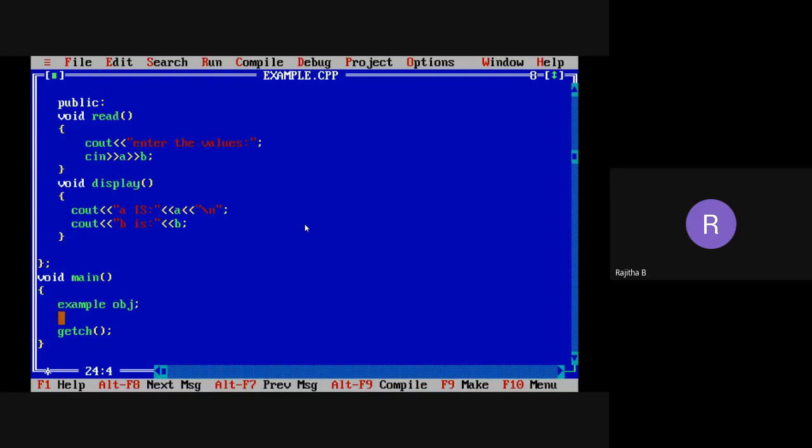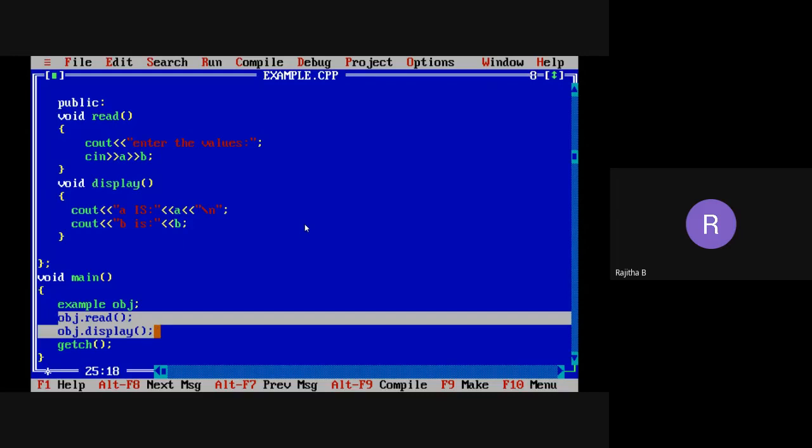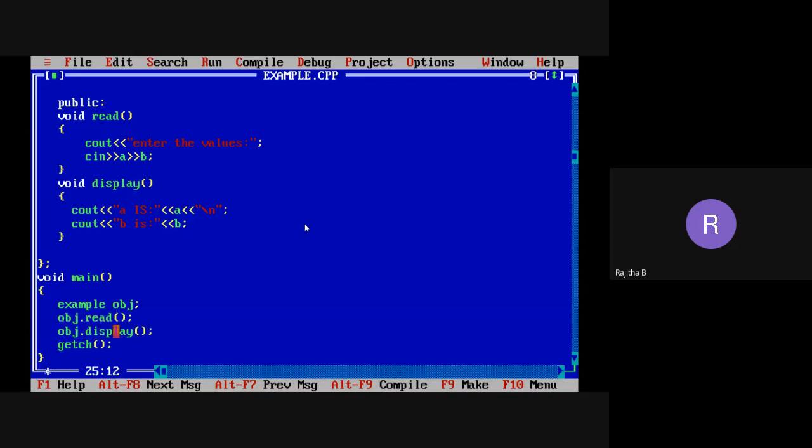So I call obj dot read, then obj dot display. This is the syntax to call the data members or member functions. I'm calling the read and display functions using the object obj.